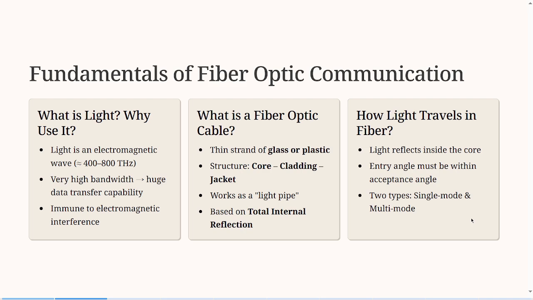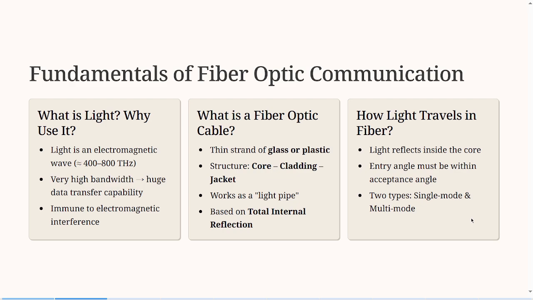To begin with, let's understand the basics. First of all, what is light? Light is an electromagnetic wave generally with a frequency range of 400 to 800 terahertz. Because of this extremely high frequency, light provides very large bandwidth, allowing a huge amount of information to be transmitted. Another advantage of using light is that it is completely immune to electromagnetic interference, making fiber systems far more reliable